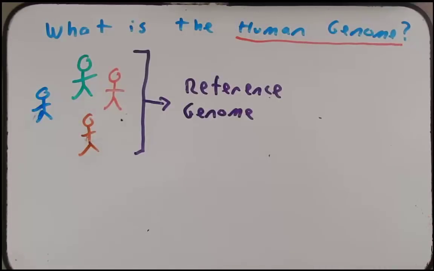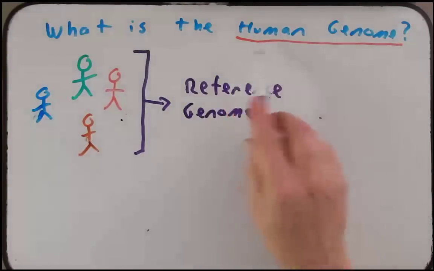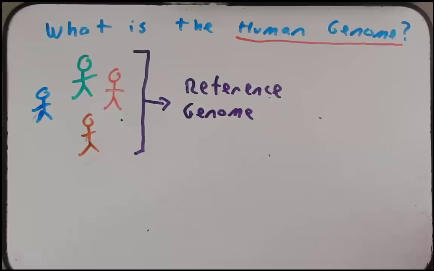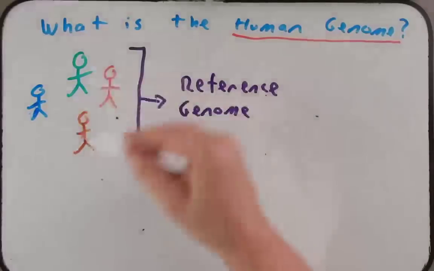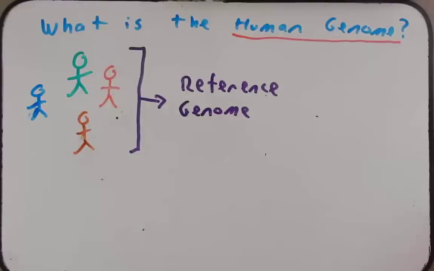In fact, when we get better information by sequencing other individuals, we change what we have recorded as the human genome. It's constantly being updated. So the question is, how confident are we that this reference genome taken from a few individuals is a meaningful representation of the entire human population? We can be pretty confident of that.